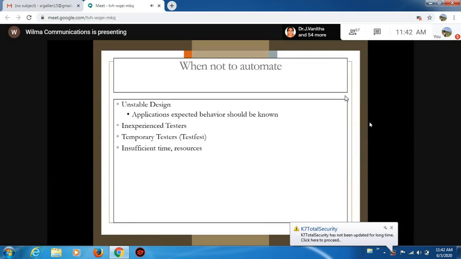Inexperienced tester. If the testers are not experienced on that particular platform, they cannot go for automation testing. Maybe you say that I am good in programming, but if you are not good in automation testing, you cannot go for automation. Why?